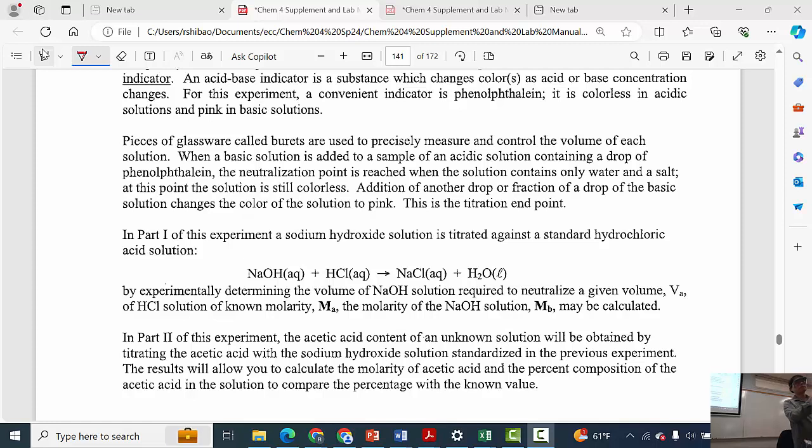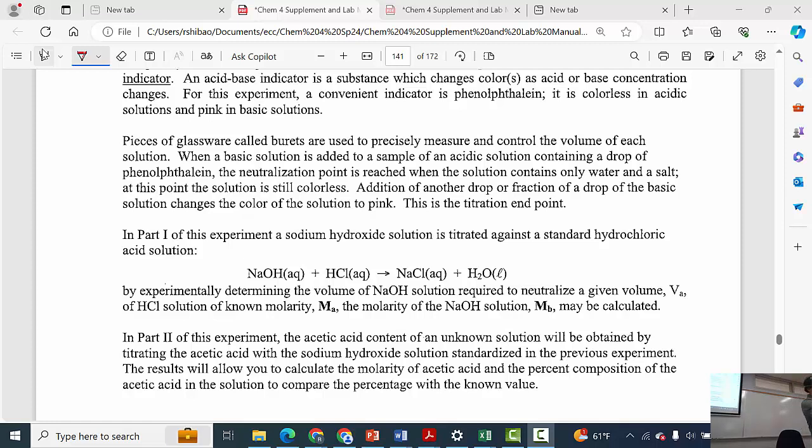Okay, once I've thoroughly rinsed this with DI and the acid or the base solution, in this case it's blue, so I'm using the base solution, I'm going to fill it. Alright, so I make a little air gap here, and I'm just going to fill this up. I'm going to fill this up above the top mark here. And so I filled it above the top mark here. The reason I did that is because I need to get rid of the water or whatever is in here,